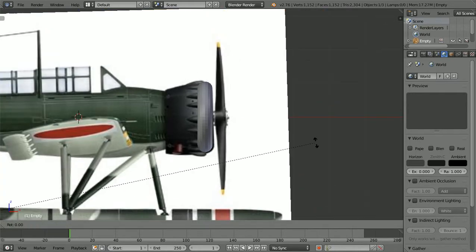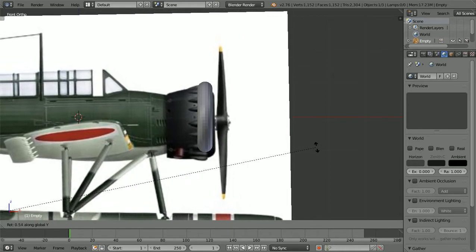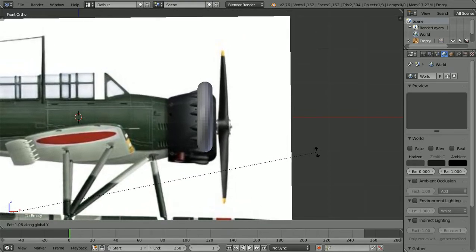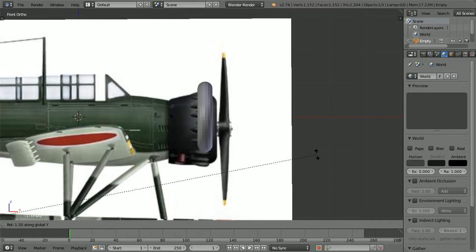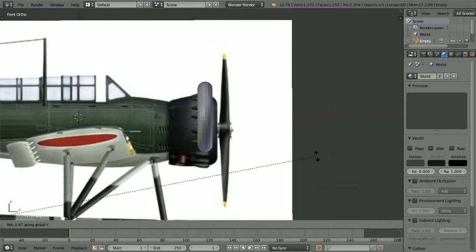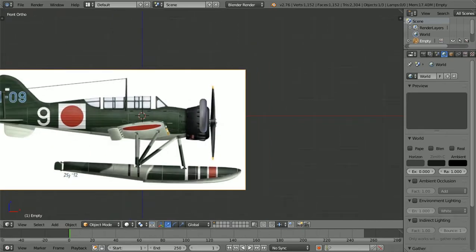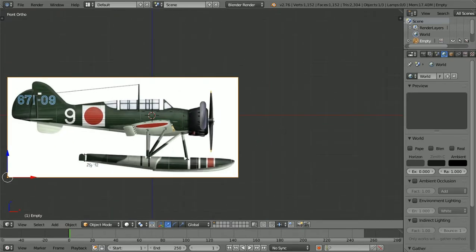Rotate it, and we want to constrain this one to the Y, so we push the R, then we push the Y. And that's what we're actually looking at. And then we're going to rotate this picture. Actually, this seems a little worse. Right about there, which is actually quite a bit. And